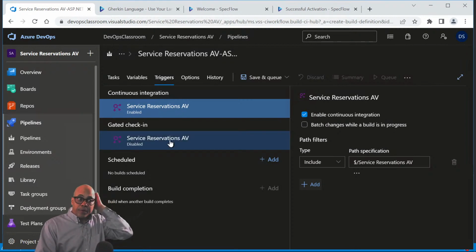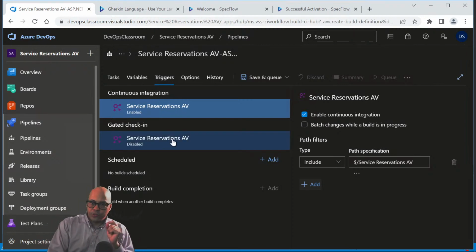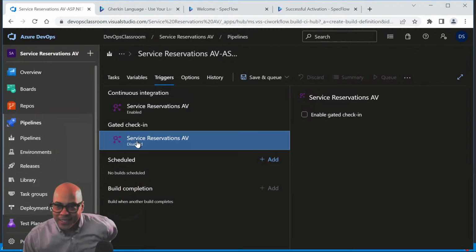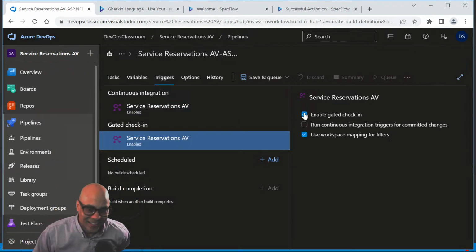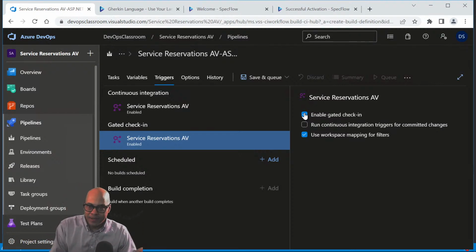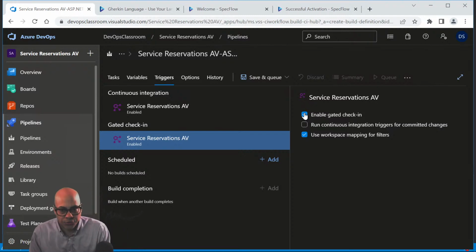Now, the thing that caused us to switch to Team Foundation version control is this thing called gated check-in. And the reason that we can do gated check-ins, again, with one hand tied behind our back, is because we chose vendor lock-in, right? This is all Microsoft. So where we're setting the build pipeline is in the same tool or tool suite as where we're doing version control, right?